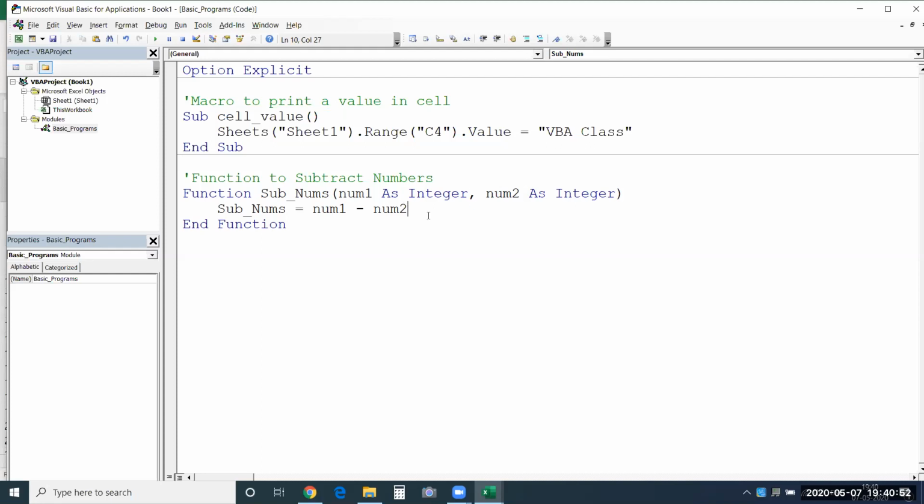Here I can say, see here again I can add a comment saying function. So here num1 and num2 are numbers less than 32,767.